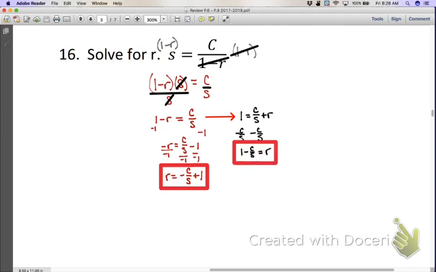That's the same answer. Okay, it's just an alternate way of doing it, and then I don't have to divide anything by a negative 1. So at that middle step, once you get it to 1 minus r, you have options. You could have separated it, you could have moved the r over and made it positive and then moved everything, or we could have just done it the way